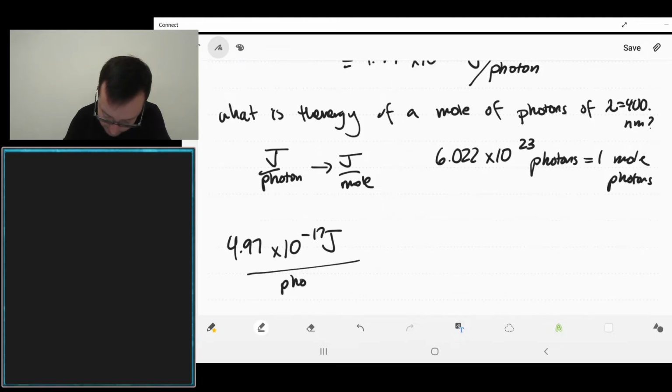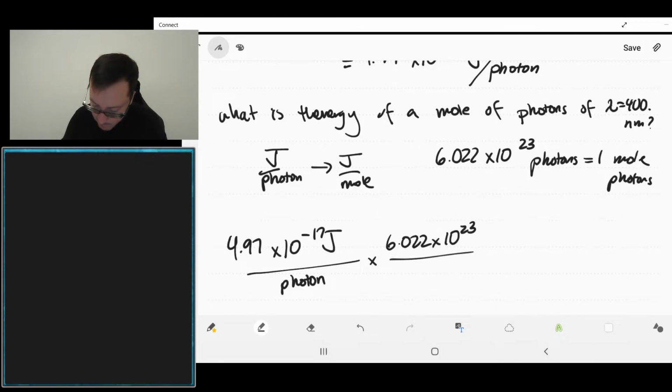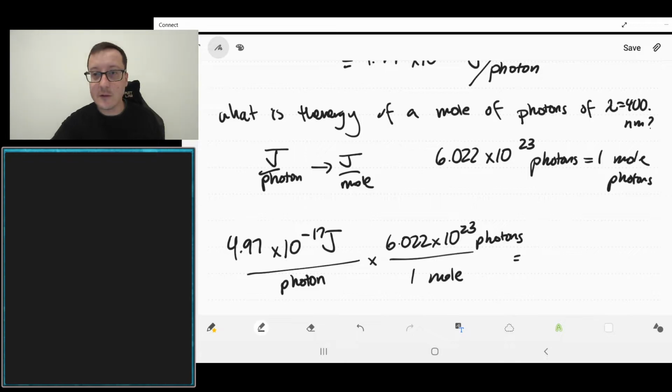Joules per photon times, we're going to put photons on the top, and if we do this, I'll take my answer here multiplied by, not divided by, 6.022 times 10 to the 23rd. There we go. All right, and so we get